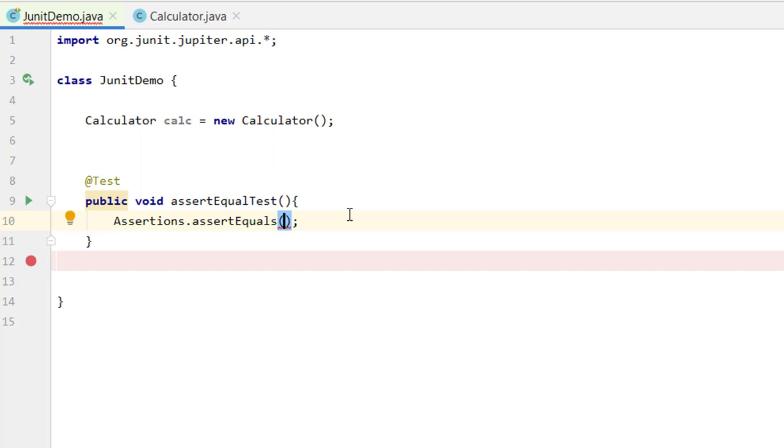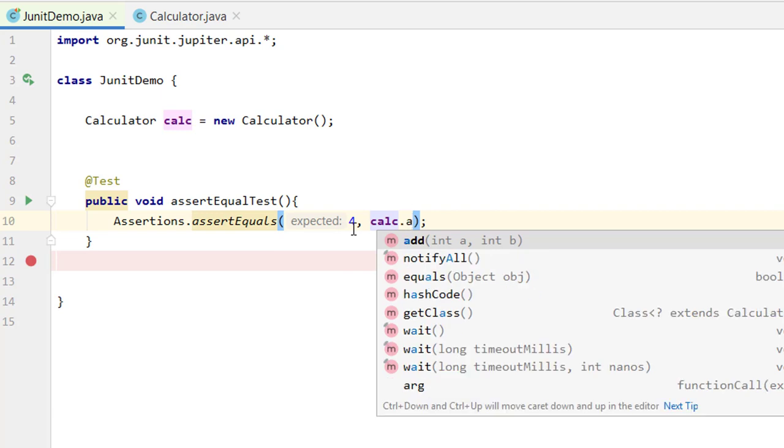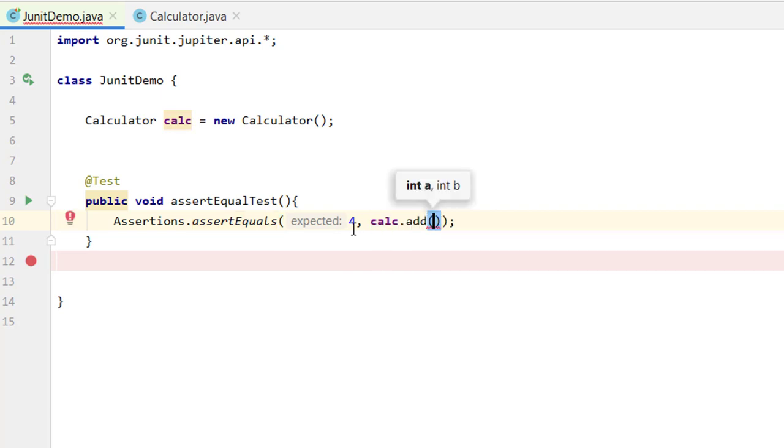Let me use this calculator class. This is our expected output, 4, and then calc, which has this add method. I am using this simple add method, passing these two arguments, 2 and 2. It will return the addition of 2 and 2, which is 4, and compare it with our expected output.